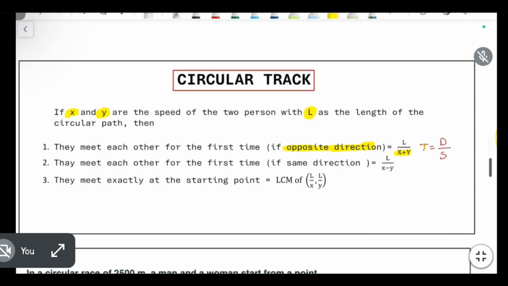So that's what we are doing only. Time is equal to distance, which is L, and speed, which is a relative speed. They are traveling in the opposite direction, which means x plus y. Same thing here. Time is,